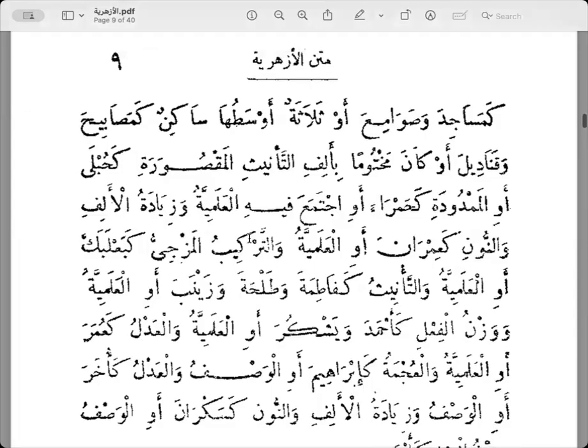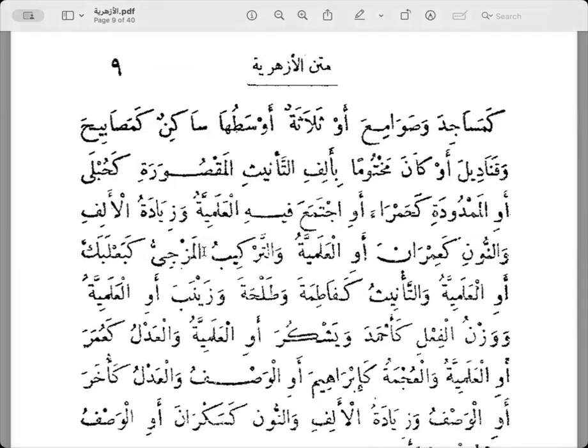He's going to mention it right at the end. Anyway, so name plus زيادة الألف, and name plus تركيب المزجي. مزج means the mix, كبعل بكة وحضرموت. So مزج is you've got 2 words and you made 1 word out of it, like break, fast becomes breakfast. It's not really 1 word, but maybe another example is better. The point is you had hadara al-mautu and then you got Hadramaut. It's 1 word. So Ba'labak